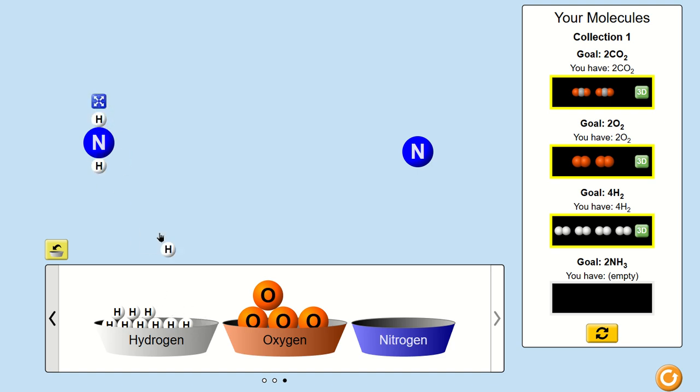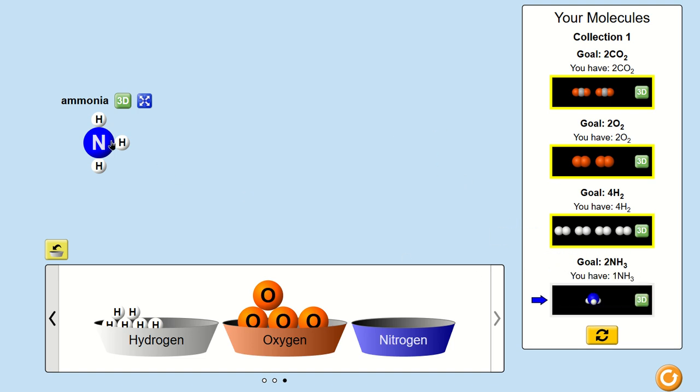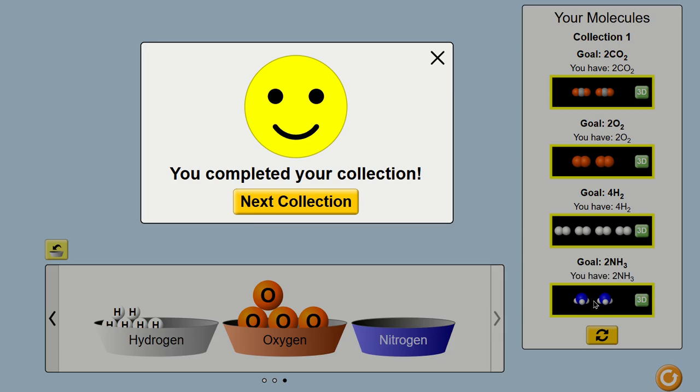1, 2, 3 creates ammonia, and 1, 2, 3 creates another ammonia molecule. And that completes this because it means I need 2 ammonias. Well, there's 1 ammonia, and there's 2 ammonia, and we have completed the collection in this PhET